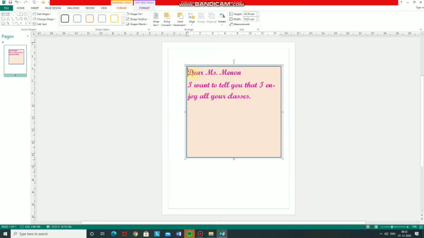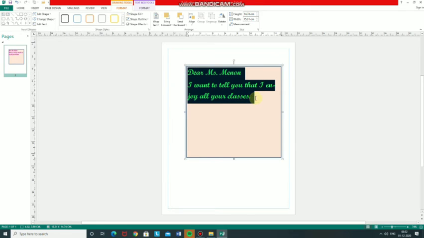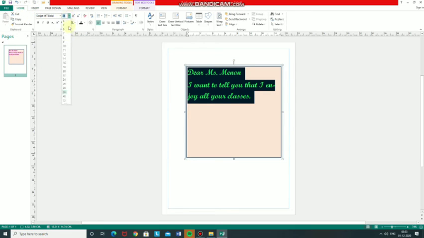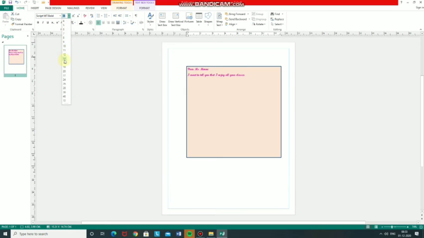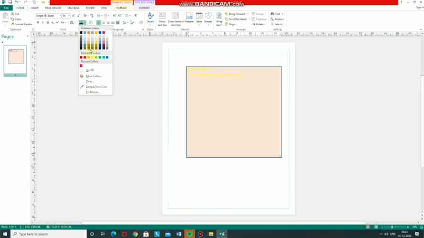Already I have formatted the text box, and to format the text again I have clicked on Home, font size 12 or 14 and font color is dark brown.